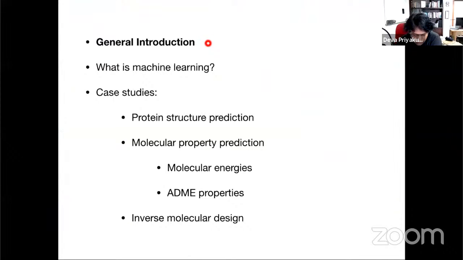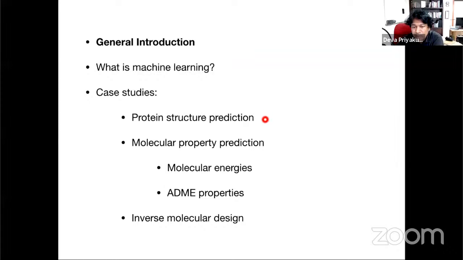So this is how we will take the talk. I will give a very general introduction of the relevance of artificial intelligence methods and machine learning in general, and then in the context of molecules and possibly drugs. Then we will try to understand, again in very simple terms, what we mean by machine learning, because everybody talks about artificial intelligence and machine learning. So we will understand at least a first layer of qualitative understanding of what we mean by machine learning. We will spend some time on those, and then I will take some three examples.